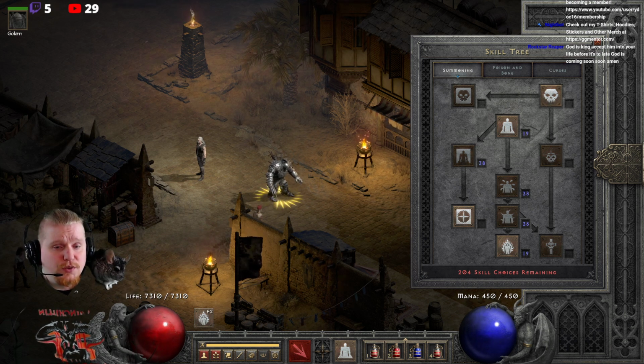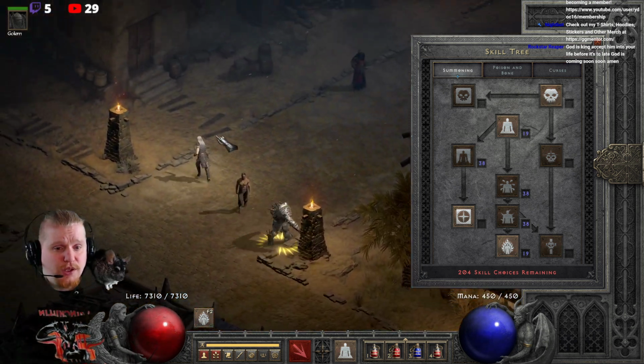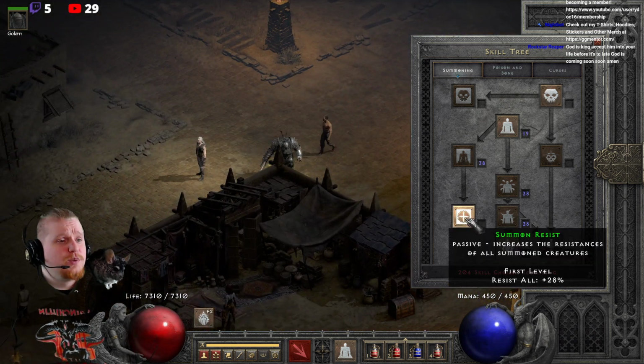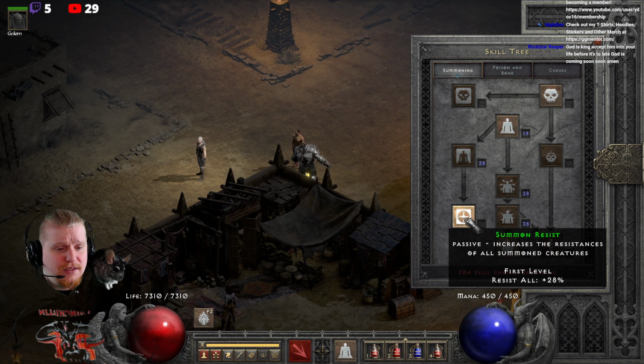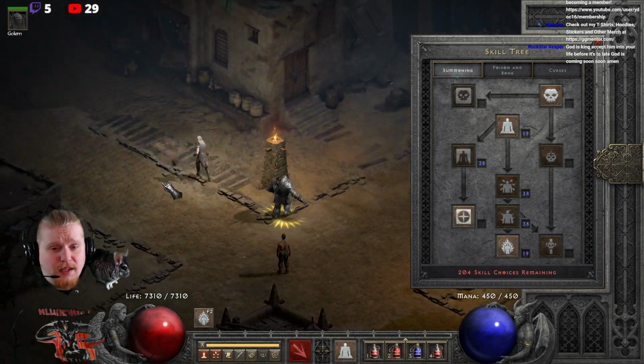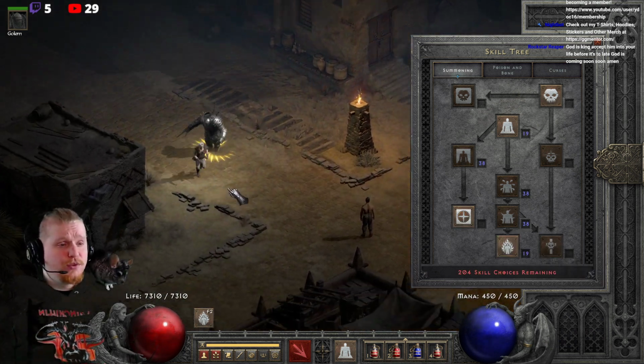Today, we're going to go over a rather simple one, but also a pretty cool one, and a very powerful one, too. And that is known as Summon Resistance. Summon Resistance is very simple in what it does, but it is very powerful in what it helps your